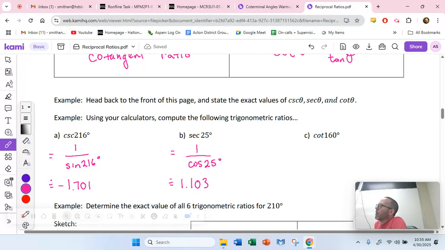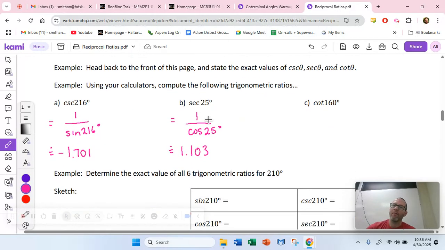So as you guys are doing that, what is kind of interesting is where these reciprocal ratios start to become useful is when you guys get into calculus. This is just the time, at least in the Ontario curriculum, when these are introduced. You're introduced in grade 11, so in grade 12, you can hit the ground running when it's time to use them. But in terms of our everyday trigonometry, getting lengths, getting angles like last unit, sine, cos, and tan are all we need. These 3 will be useful a bit later on in your math careers. Right now, you just have to have a bit of trust that the people who designed the curriculum know what they're doing,